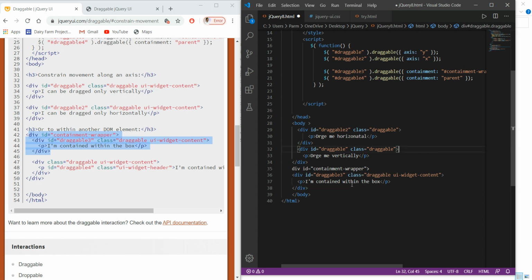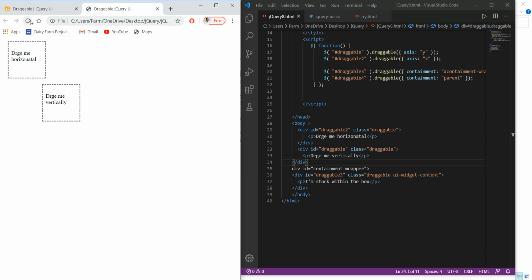I am contained within the box. Here I can write: I am stuck within the box. Save it, refresh it.